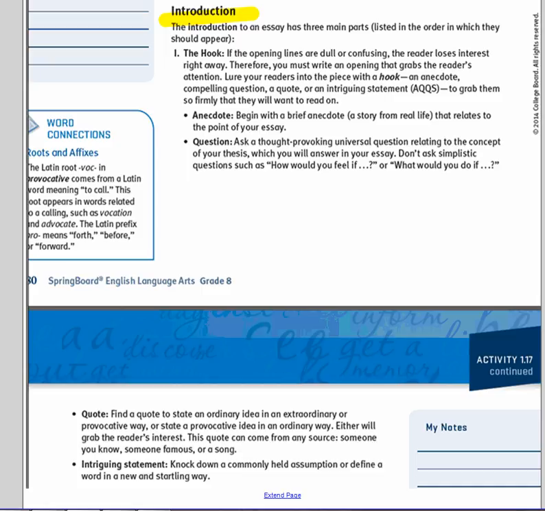All right, now with the introduction, Springboard breaks the introduction down into 3 parts, but we're going to focus on 1 part at a time. So the first part of the intro is called the hook. With all of the info that's in today, we're not going to do a whole lot of reading aloud. We're only going to pull out the key details. Okay? I do appreciate that, though.